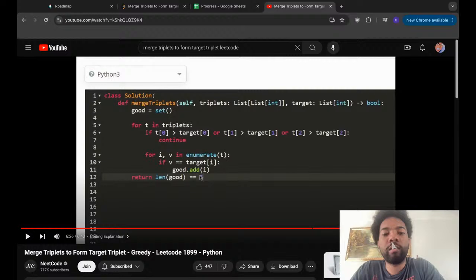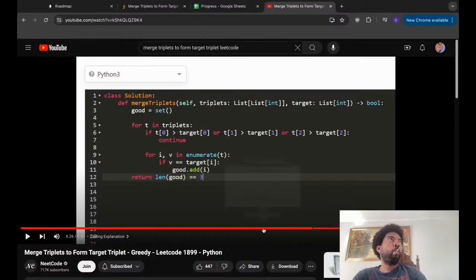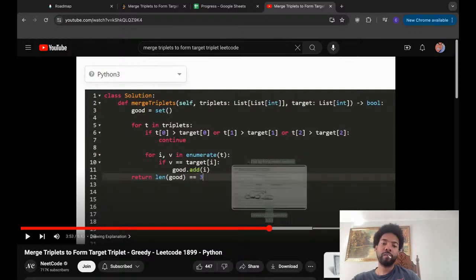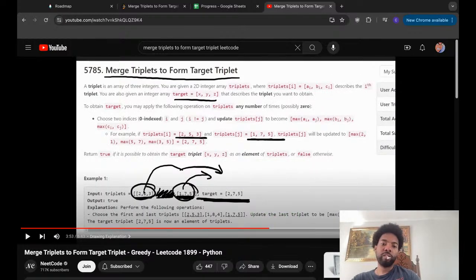Good dot add. Because if there is, so basically the second part we're going through is saying if that